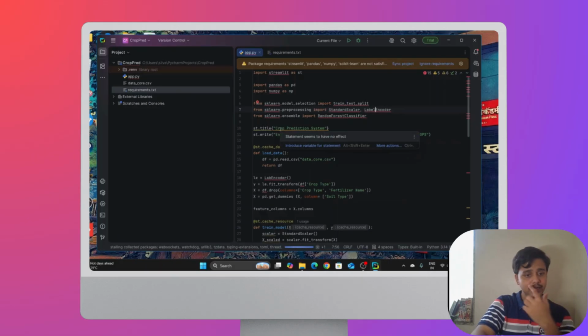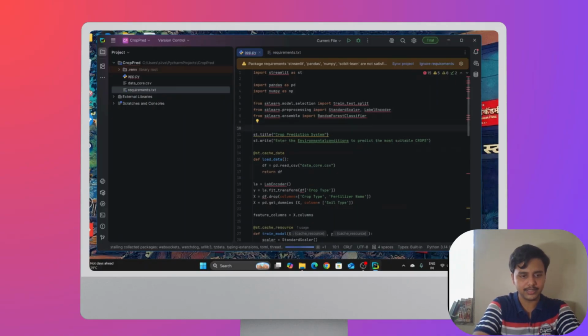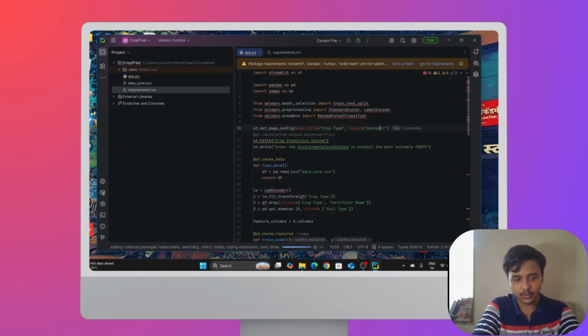Then we wrote the title as crop prediction app. Excuse me, we also will have to write the page setup here as st.set_page_config, and in this we will write the page_title, which is crop type, and the layout should be, instead of wide, centered.